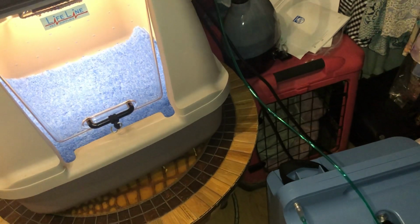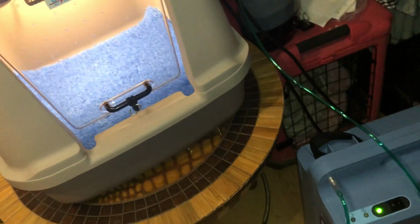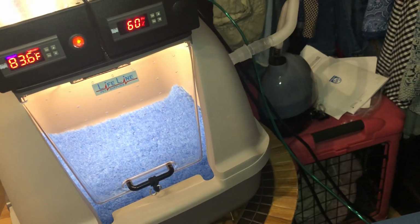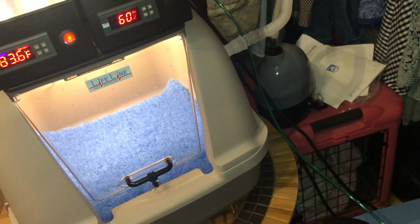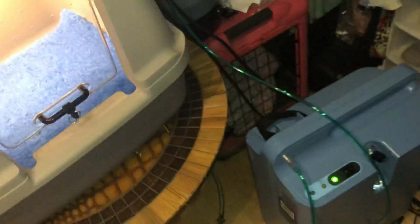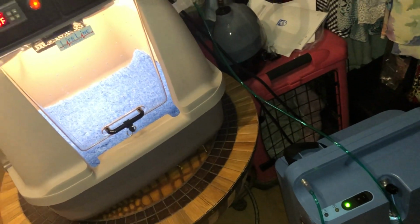Okay, today I'm going to explain my incubator, nebulizer, and my oxygen tank for my puppies. I didn't have this at first, and I realized that I needed it, and I got it. The whole system cost about $1,400, and it's well worth the money. One trip to the emergency room, and you're spending that much by the time they keep them for a couple